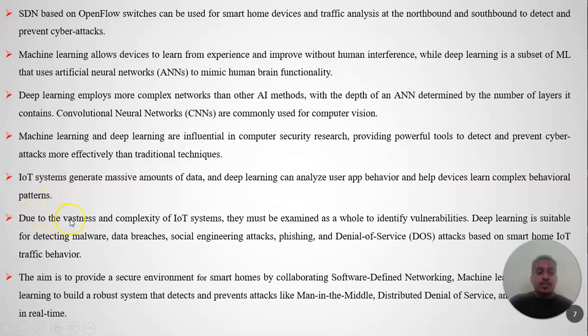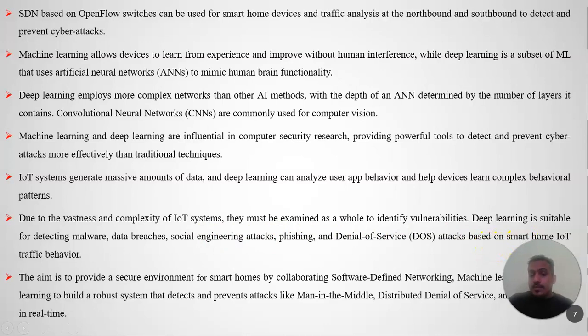Due to the vastness and complexity of IoT systems, they must be examined as a whole to identify vulnerabilities. Deep learning is suitable for detecting malware, data breaches, social engineering attacks, phishing, and denial of service attacks.